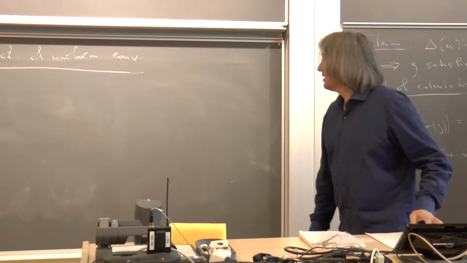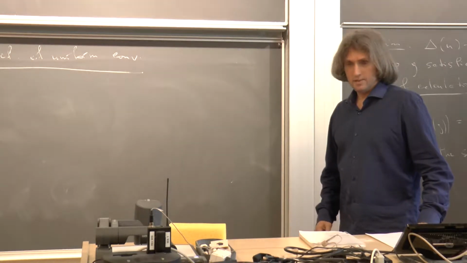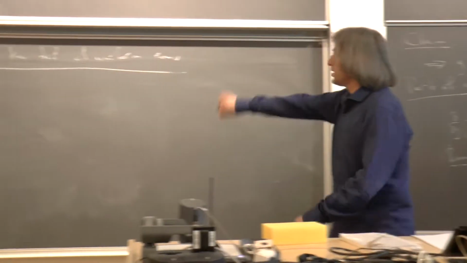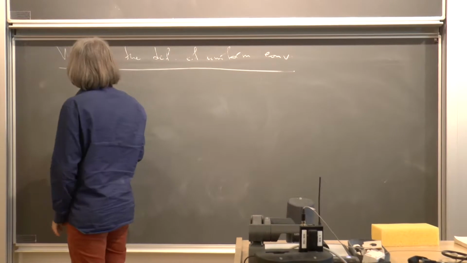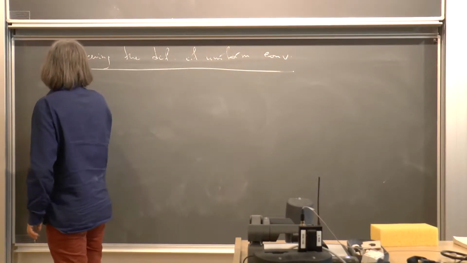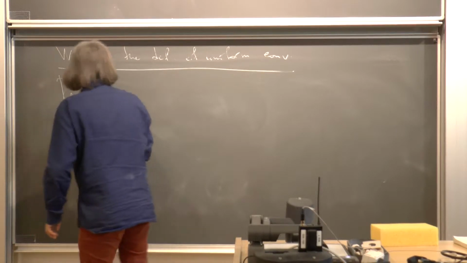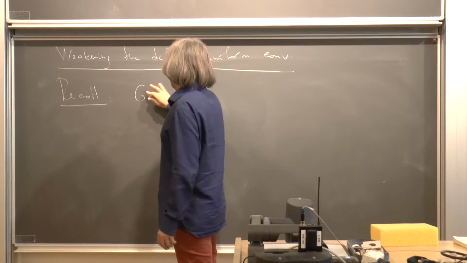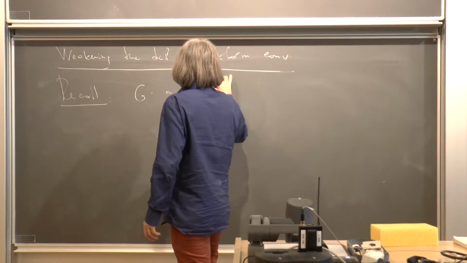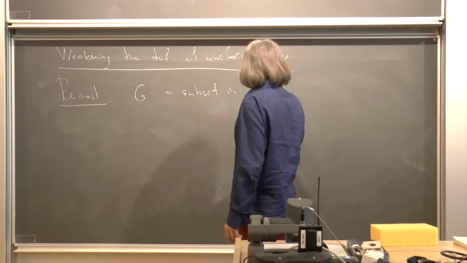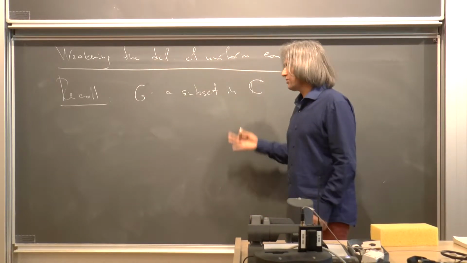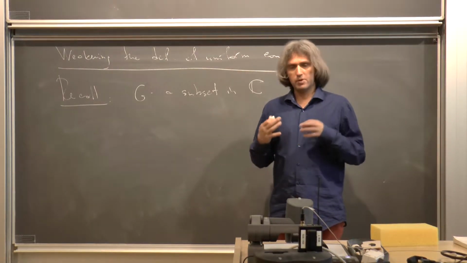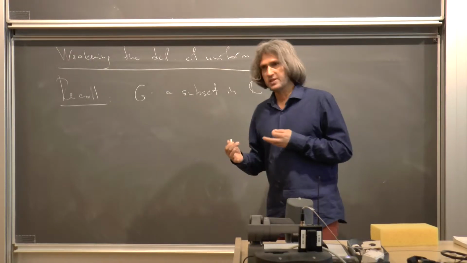Okay, so starting. Good. So let's recall a few notions. So there's a basic topological notion, a subset G in, say, complex numbers. Although I'm not using anything about complex numbers. I'm not using even distance, so it's not about metric. It's about topology, so about the notion of open set.